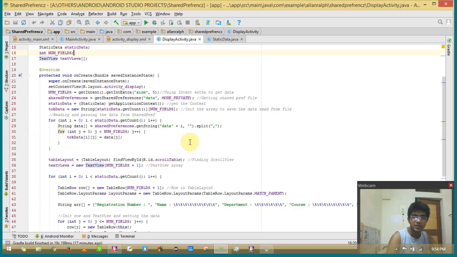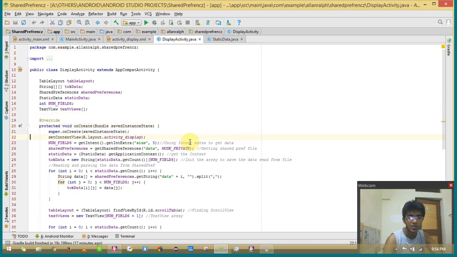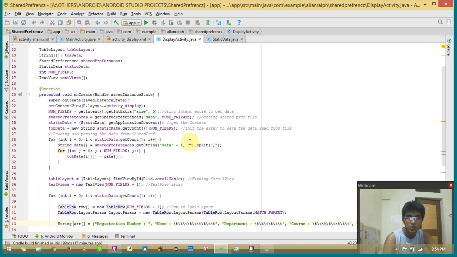It's basically a very simple thing. We take data from the shared preference, we get the data, and then we put it into a two-dimensional array. And then from the two-dimensional array, it's put into a table layout. So here we put it into the two-dimensional array, and then here using the for loops, we put it into the